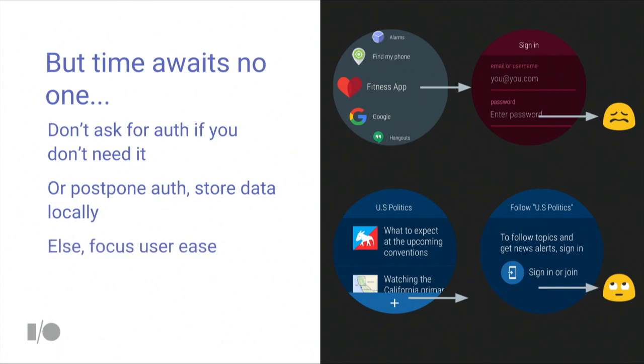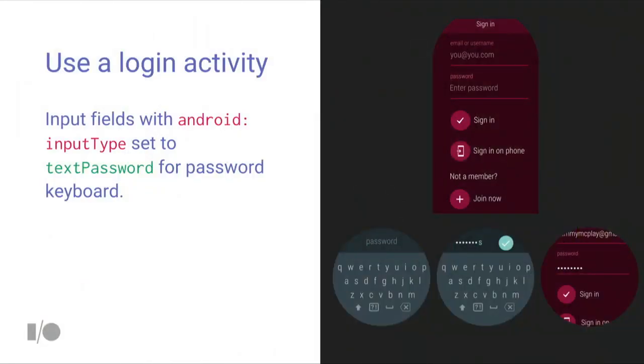Finally, when you do need to authenticate the user, you want to focus on the fastest and easiest methods from the user's perspective. So the simplest way from a developer perspective is the same as on the phone. You can create a login activity, and you can ask the user to type in their username and password. Now, this activity is a normal activity, and if it has an input field with the input type text password,